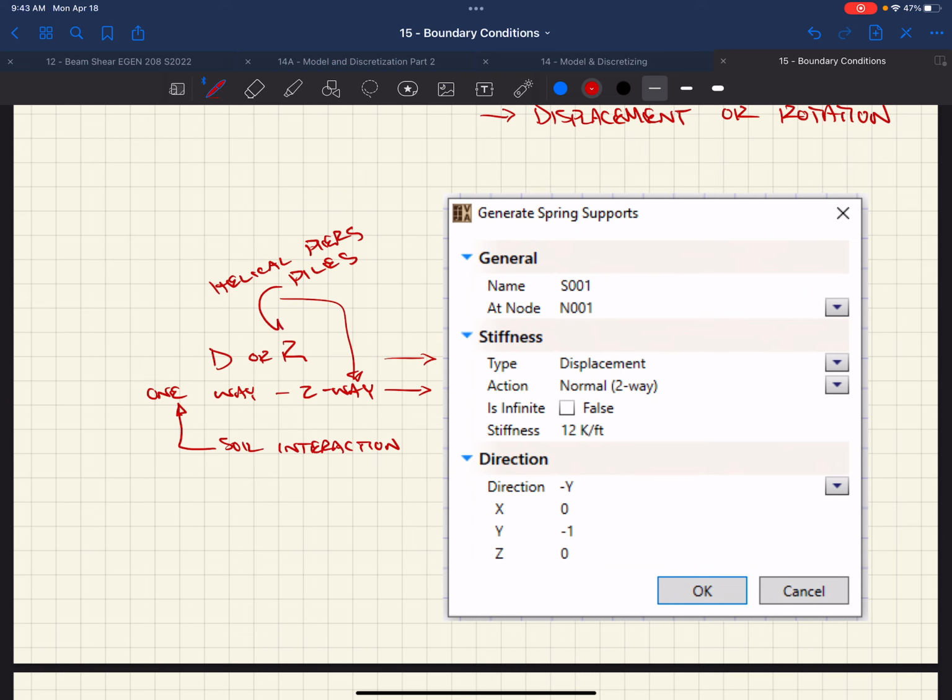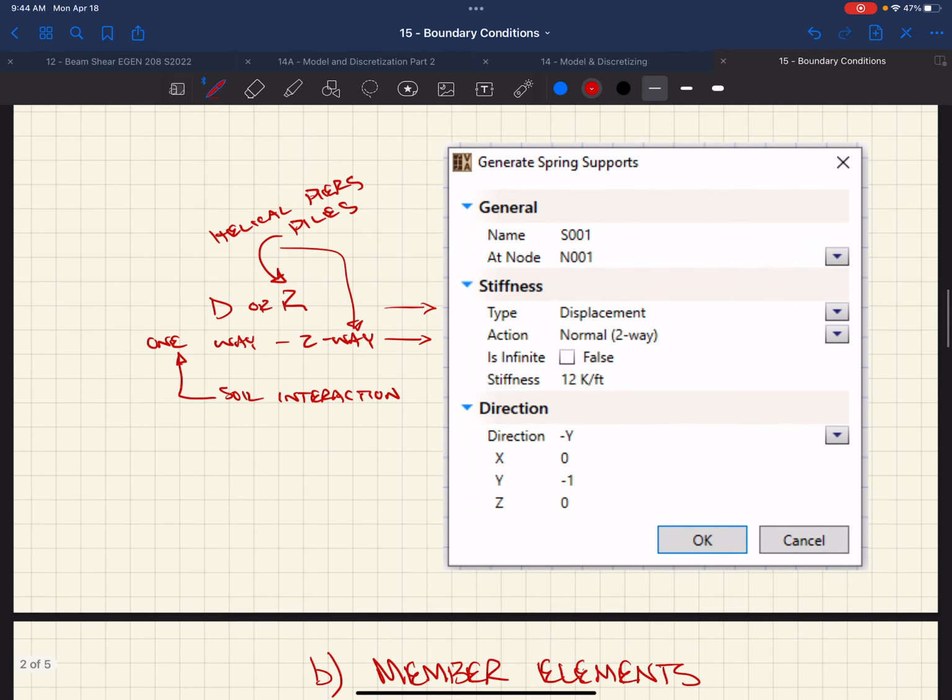Piles are also interesting because you might want to put a rotational spring there, right? If you guys have taken geotechnical structures, okay, but you put this pile in the ground, right? There's friction associated with how you can or cannot pull the pile out of the ground or push it into the ground, right? So that's two-way action. Well, that pile is also looked at. If you were to push on it laterally, well, that pile can rotate, right? There's stiffness associated with that rotation,